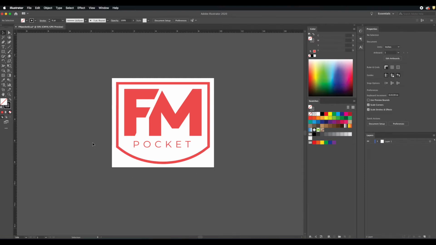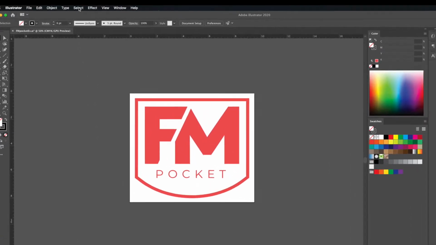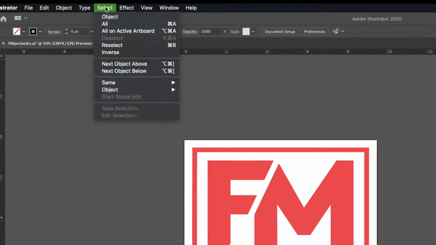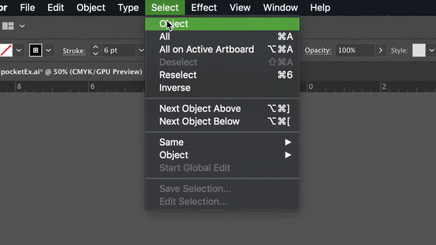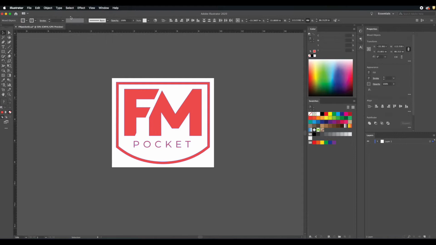So here you can see I've got my art. It's my FM Pocket design. I want to make sure that we size it to about 4 inches wide because that's a good size. I'm going to hit select and hit all because I want to select everything on my artboard